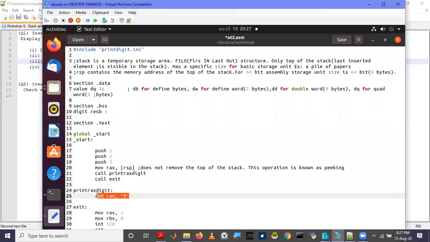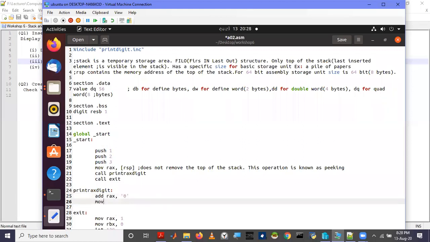So here we add the ASCII code of 0. That means if we copy 1 here, then the ASCII code of 1 is added to the RAX register. Then we copy the contents of the RAX register into this variable's value, actually, not the address.